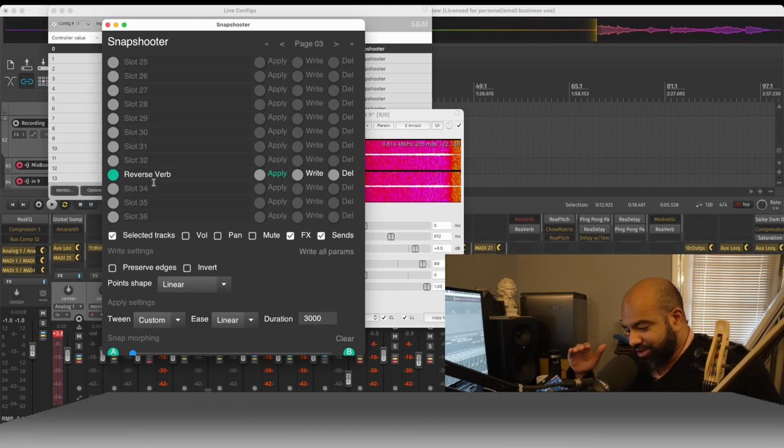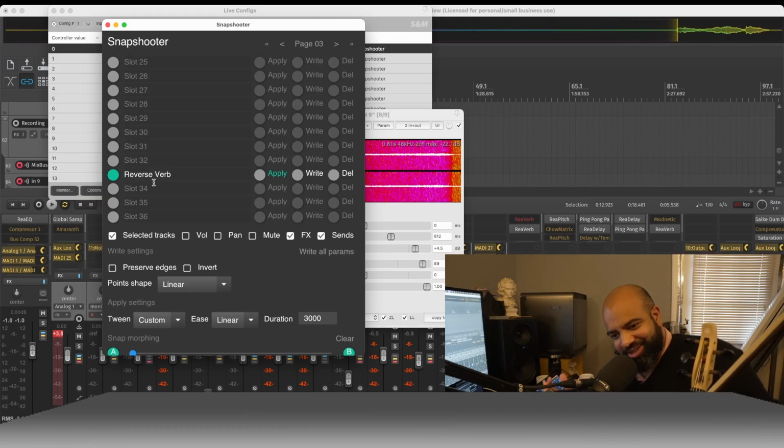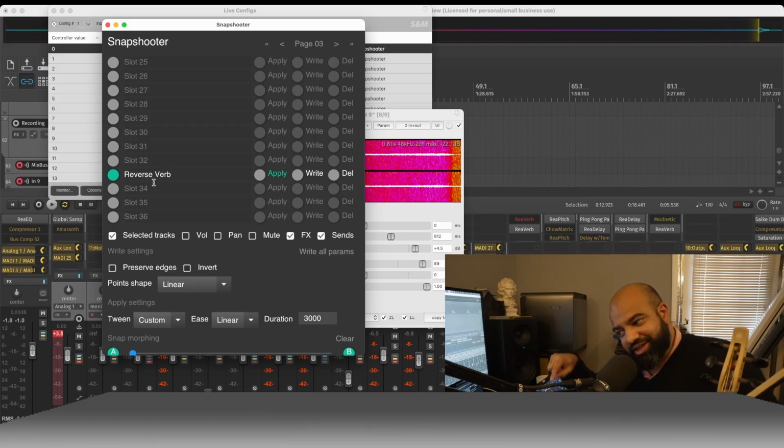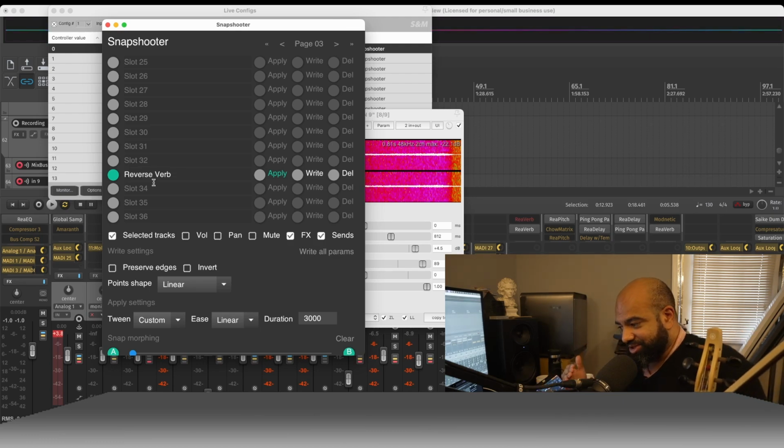Within each of the slots, when you call them, you can create a thing called actions. You kind of have to know Reaper for some of this stuff, but you can either have it clicked here, or when you create an action and link it to a button, when you hit that particular button, you can have it go at 3 seconds, or you can set it to go at a custom time, which can be kind of cool